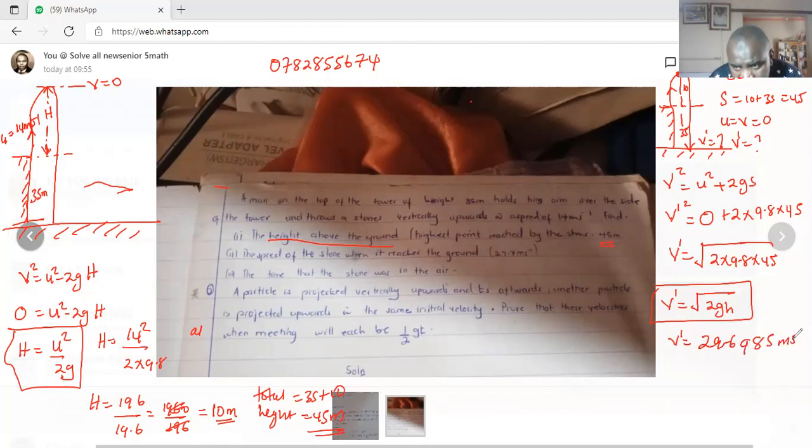9.6985 meters per second. And indeed, it was the answer given. The time that the stone was in air. Hey, I hadn't seen that last question. The time the stone was in air,